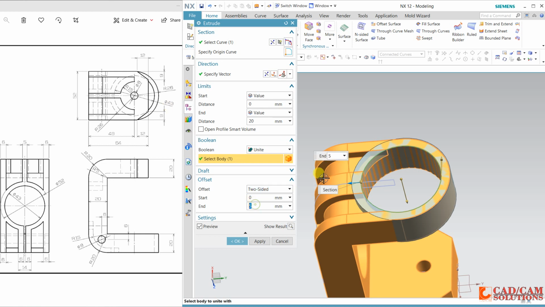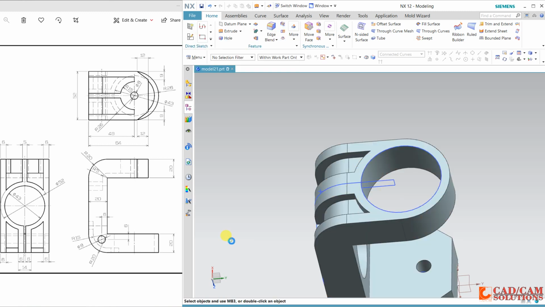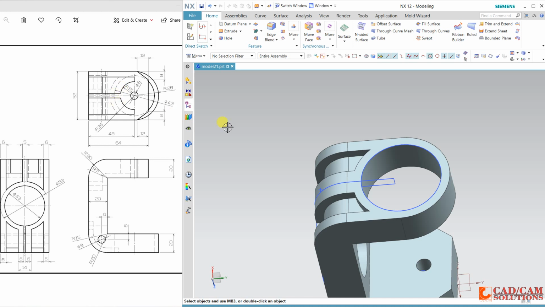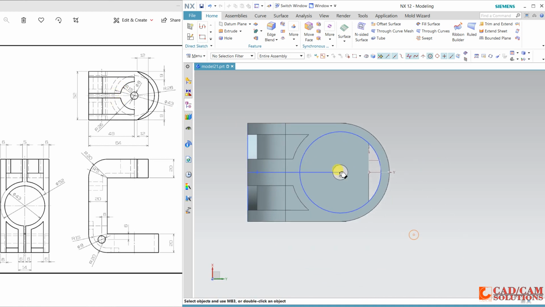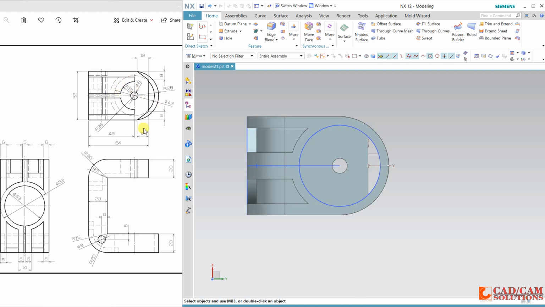So the difference will come. Half of 43 is 21.5, and 26 minus 21.5 is 4.5. So this distance will come 4.5, and unite with this body and click OK. See, now this face will match. This circle, this dotted one, is this, and another dotted is this one.